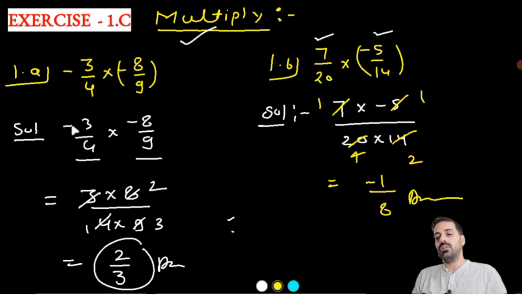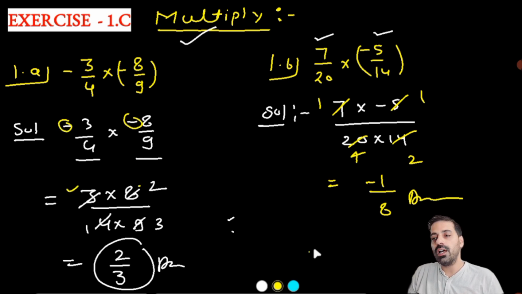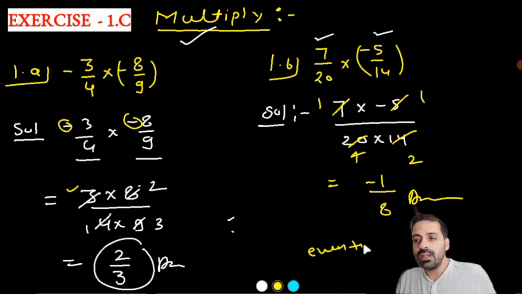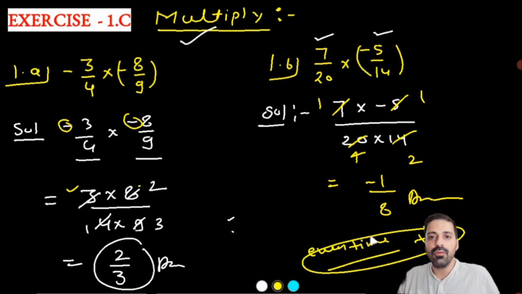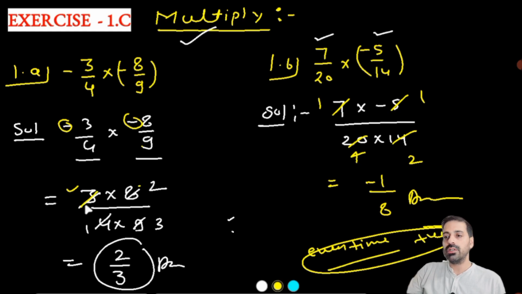So here you can see negative 3 by 4 multiply negative 8 by 9. First negative 3 multiply here and negative 8 multiply here. Both are negative numbers. When an even number of times we multiply rational numbers, it is always positive. That is why I remove the negative sign here. 3 multiply 8 and 4 multiply 9. Now cancel out: 3 ones are 3 and 3 threes are 9, 4 ones are 4 and 4 twos are 8. So we have finally 2 upon 3 as the answer. Now here again, one is a negative number and one is a positive number.